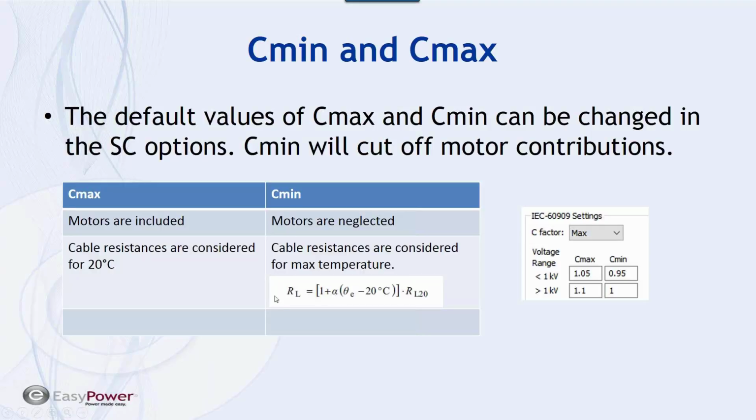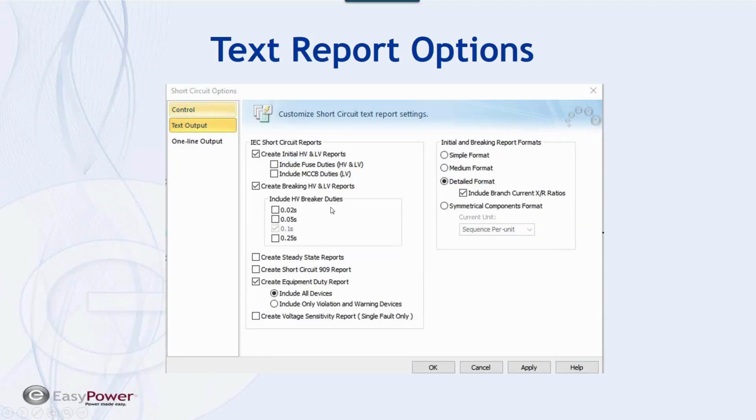And this is the formula that IEC recommends to adjust the impedance of the cables and transmission lines. Once you have the value at 20 degrees, at a higher temperature the R or impedance increases, not necessarily proportionally, but linearly. Temperature goes up and resistance goes up, then fault current comes down and it goes under the category of Cmin. Let's move to